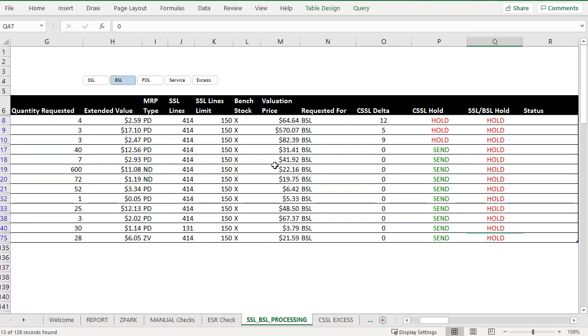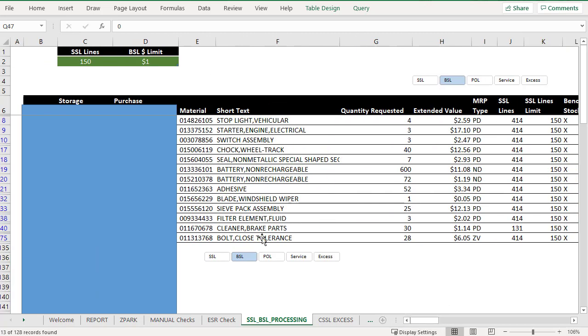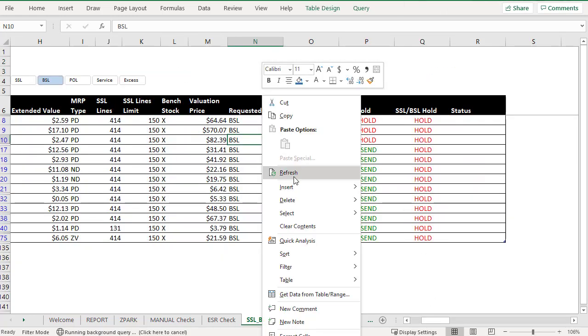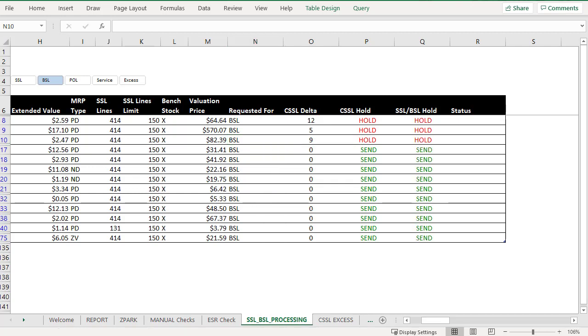Bench stock, they're all a hold because of the valuation price. As you can see here, we have the valuation price as $1. It's not $1. It should be more than $1. Let's set it at 500 and let's refresh the query so that it takes that 500 into consideration. Now that we change the price and run the query again, now all these are sent and these ones are